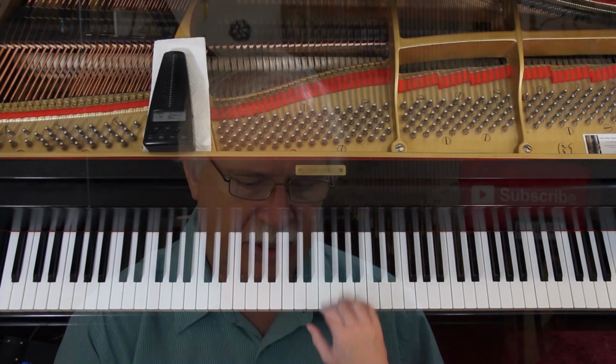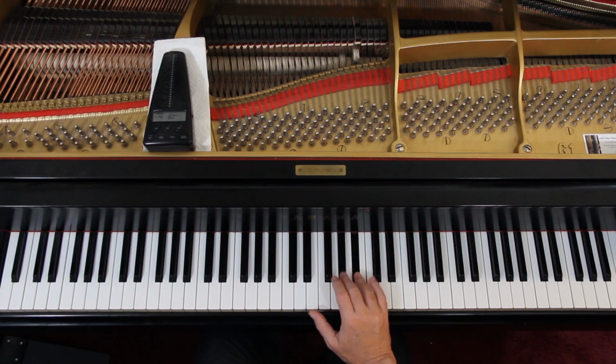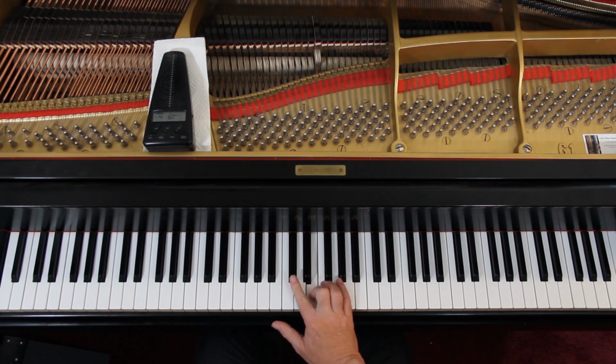Right hand first. Rhythm-wise should not be a problem. Quarter notes and half notes. But the accidentals: second measure, B flat, and then A flat, crossover. Here it's an E and a D flat. You just reach down,